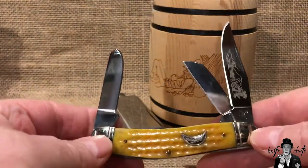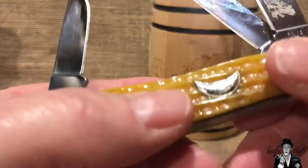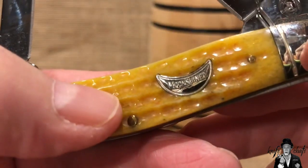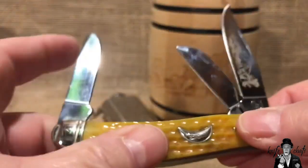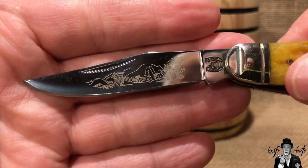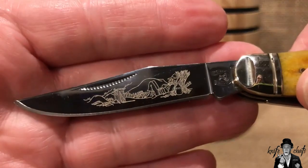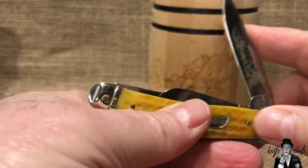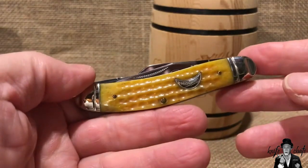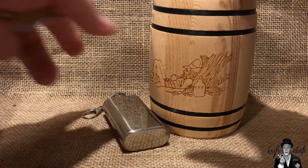Here is the sow belly. This was, I believe, the first sow belly I picked up. It's got the wonderful moonshiner shield there. And then let's close the blades, except for the clip blade. And you got the wonderful moonshiner leaning back there. Got a little jug next to him and everything else. Yeah, this is definitely one of my favorite Rough Ryder series, the Moonshiner series. Next up,